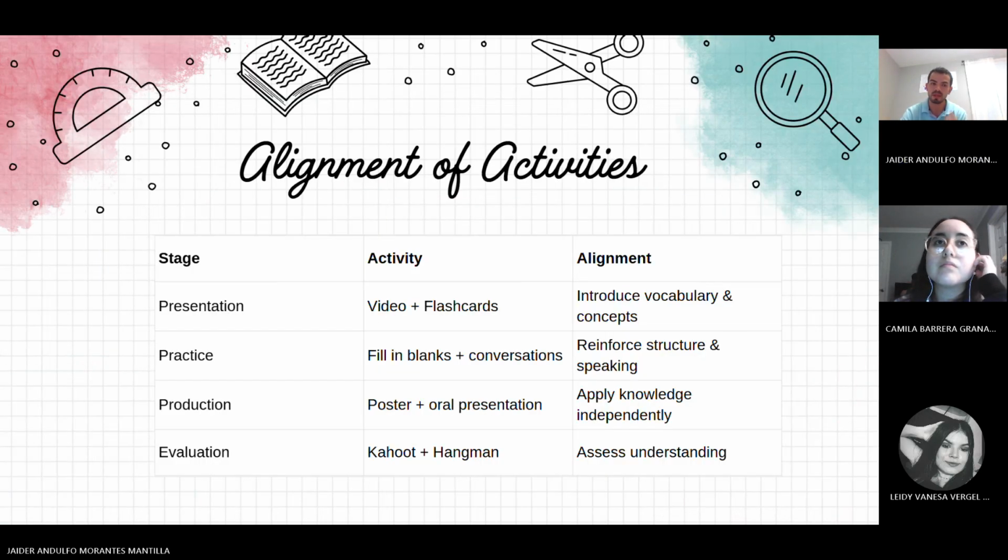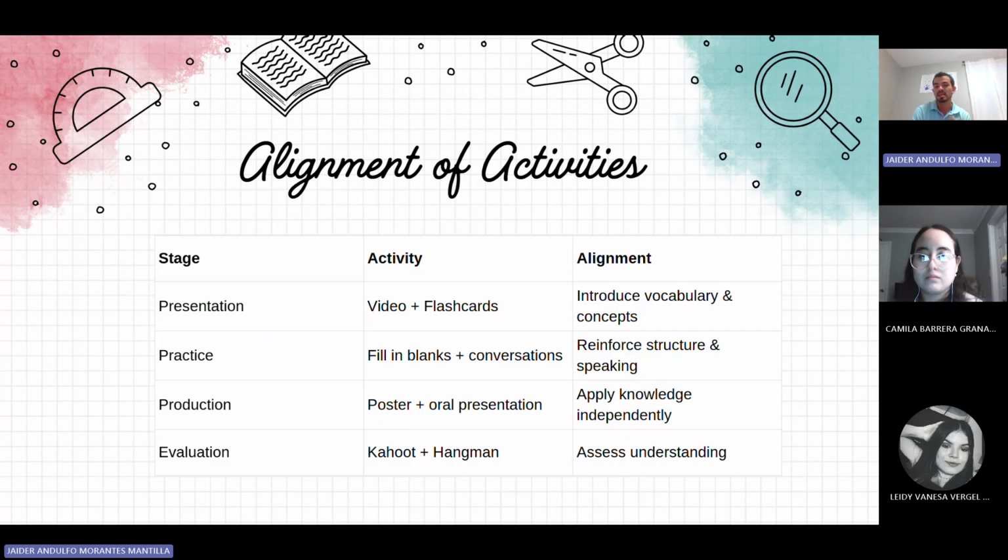In this table, you can see the applicability of activities. There are four stages. The first stage is presentation. In presentation, the activities are such as videos and flashcards, which introduce vocabulary and concepts.